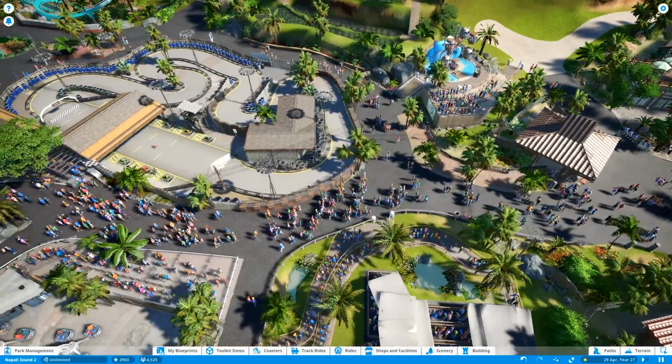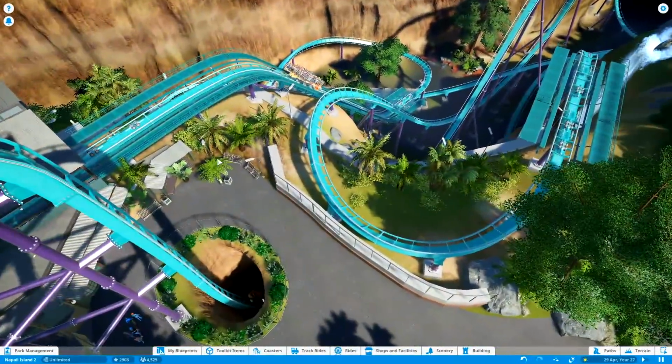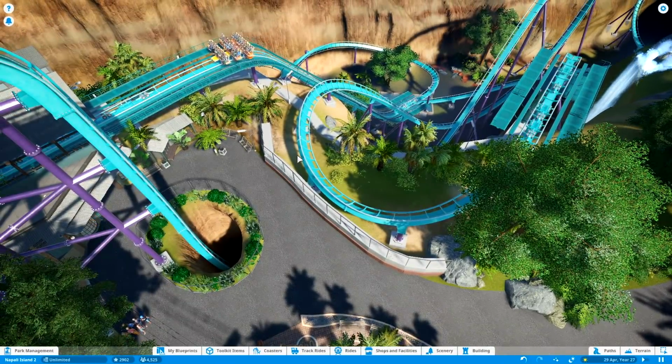So we have to notice we need more toilets and we need more foods. So potentially this is the solution for this corner over here. I'm really thinking of maybe doing this in tonight's stream. I think that could be a good...